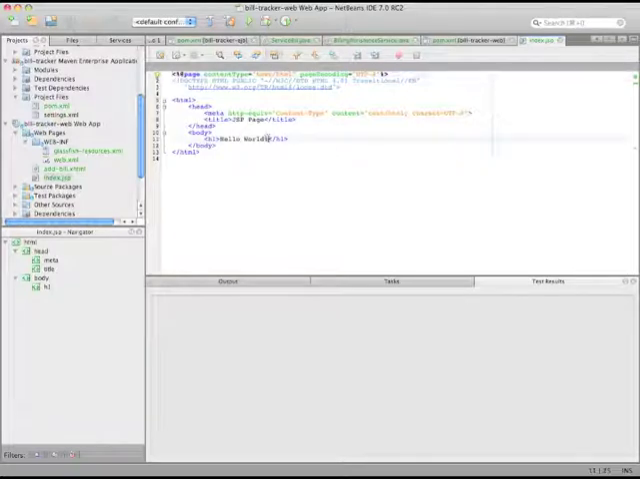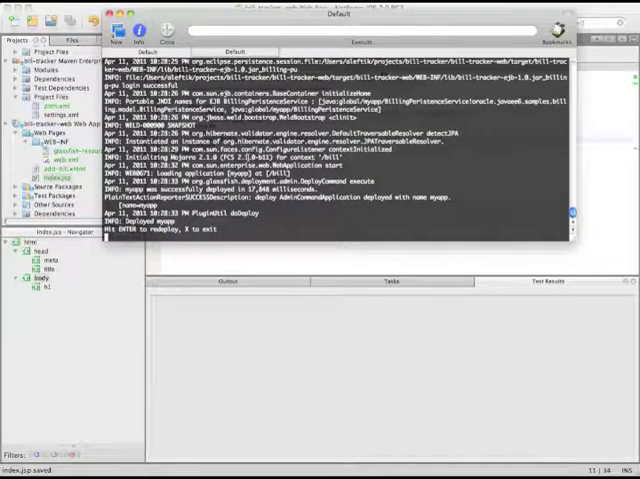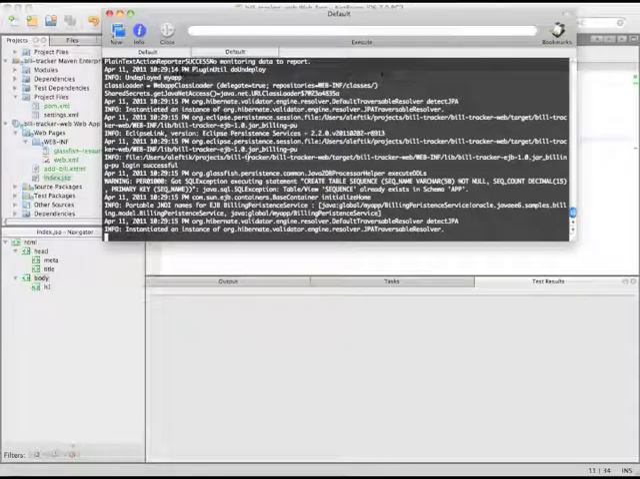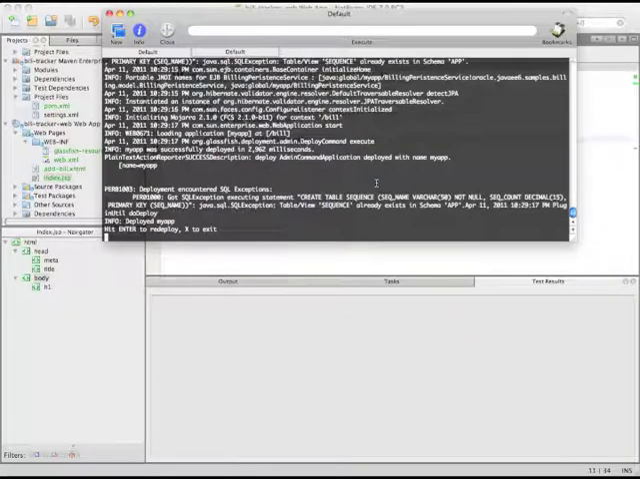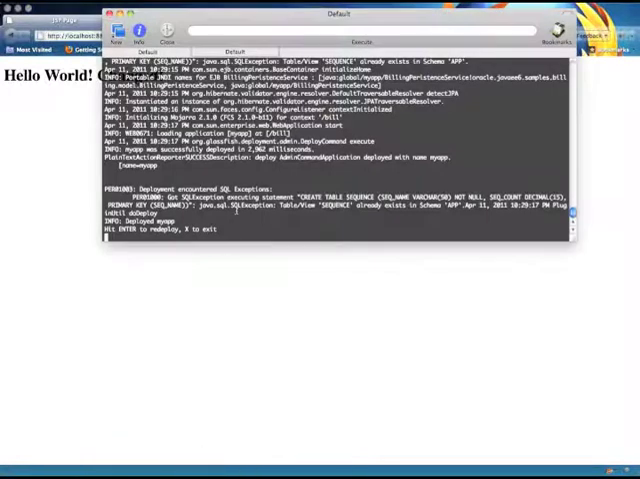Okay. Now what's really cool is I can now make a changed hello world, go back to this, hit enter, and it's going to undeploy and redeploy the application. I'm going to go back here, and voila, the app has actually changed. So you can do iterative JSP development using this model as well. So I'm going to go ahead and Control-C that